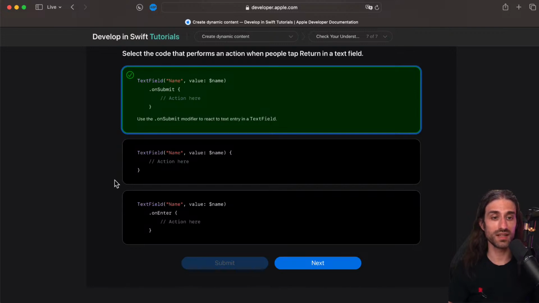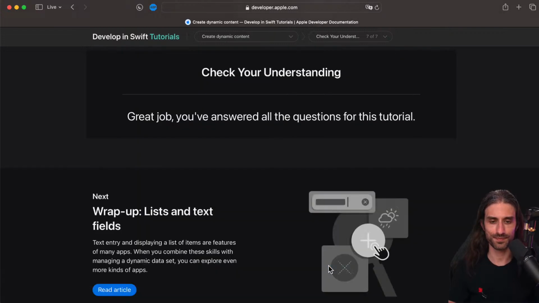Maybe you can submit it programmatically, by an action happening. Maybe you have a button somewhere that you can tap and it also submits. You have an OK button and it also submits, for instance. So I think that's why they use the word onSubmit, which is a bit more generic, but makes sense because it encompasses the broader reality. And what we want to do is trigger disclosure when the text field is submitted, regardless of how it was submitted. It could be by hitting the return key. It could be because something else happened.